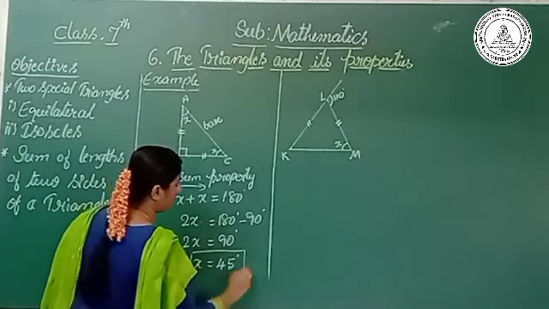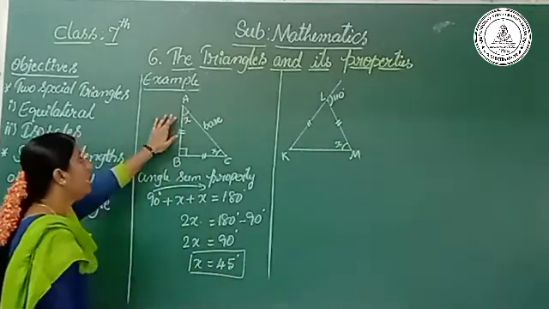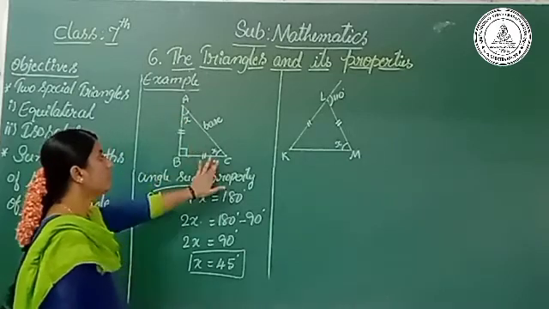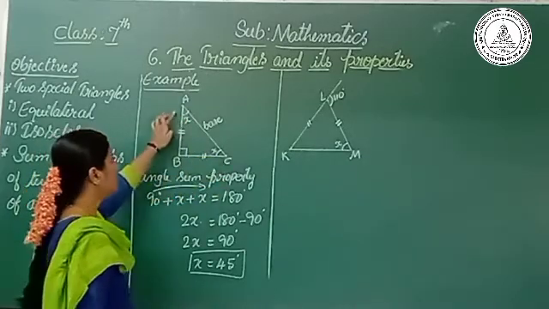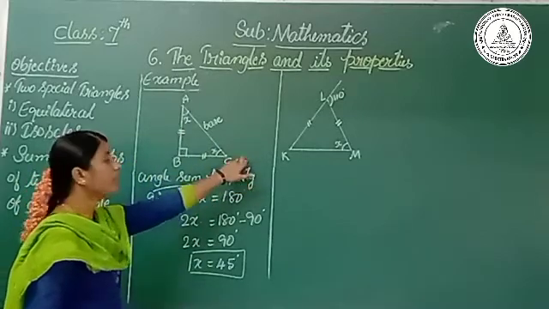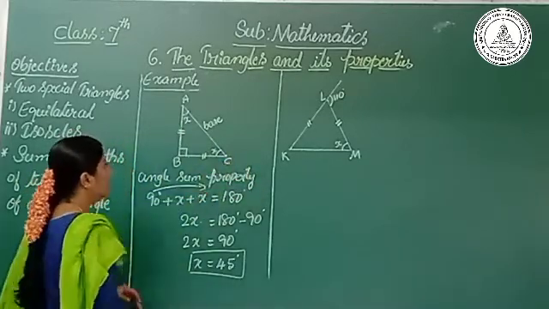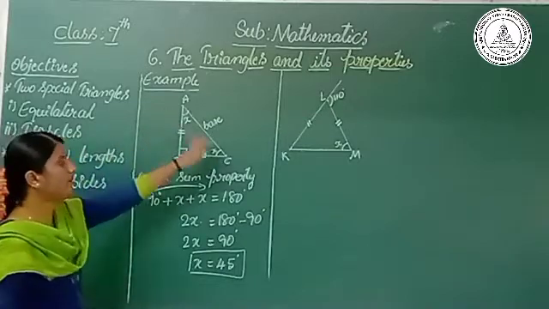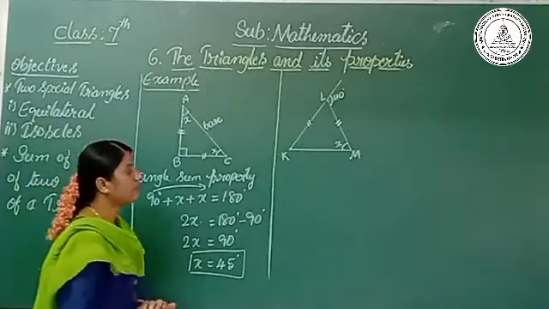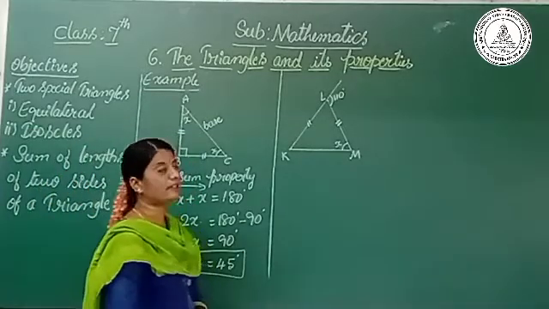So you may check here, if one of the angles is 45 degrees and the base angles opposite sides are also equal in length. So here angle A measures x degrees, and in the same way angle C also measures 45 degrees. So here 90 plus 45 plus 45 is equal to 180 degrees. At the same time, let's move to solve the second example.